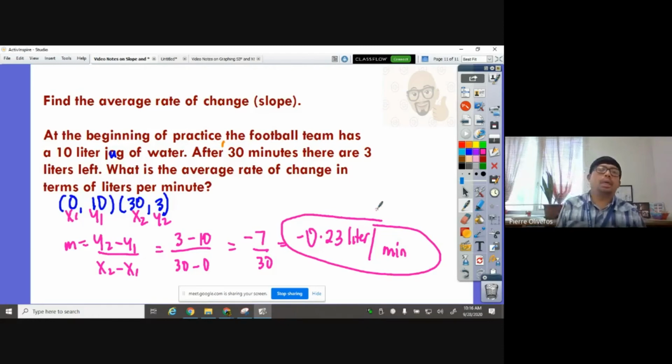I hope you learned how to find a slope. You know the formula of slope, y2 minus y1 over x2 minus x1. You understand if it's positive, negative, zero, or undefined, and you're able to find the value of r using the slope formula, and we're able to apply the formula of slope in finding